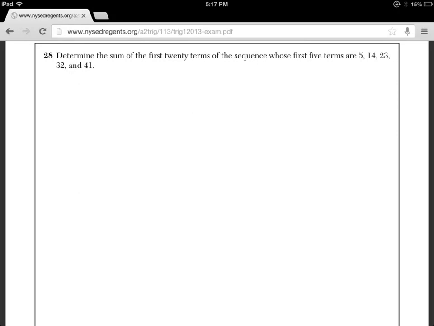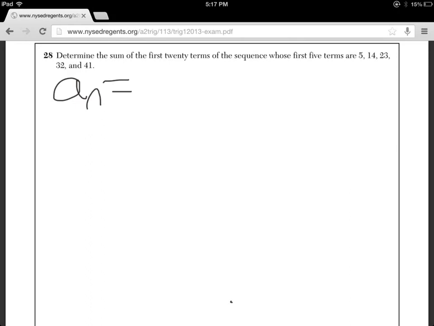So the question is: determine the sum of the first 20 terms of the sequence whose first 5 terms are 5, 14, 23, 32, and 41. Now there's a formula that you should know in order to solve series questions, and that is A sub n, n being the number in the sequence, and that is equal to whatever determines what the actual